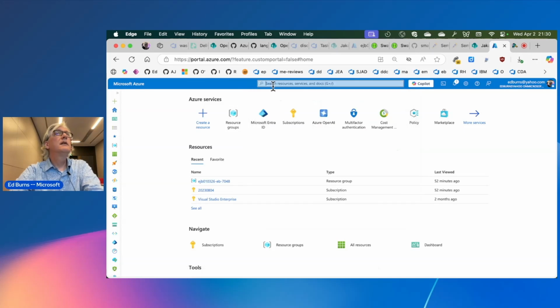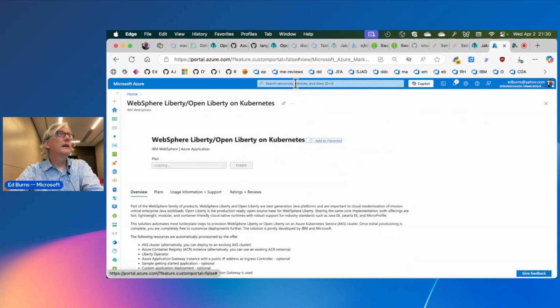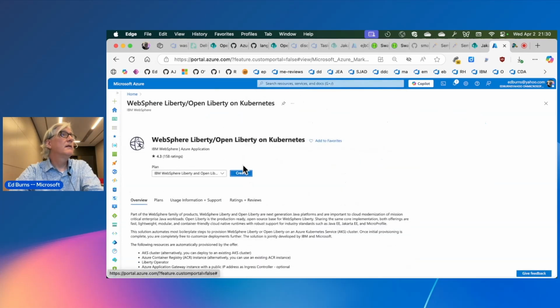Click that, and here we go. Let's create it. So what you would do is just package that up in the Liberty app in a Docker container. It's very simple to do. And then you can go here and select create.